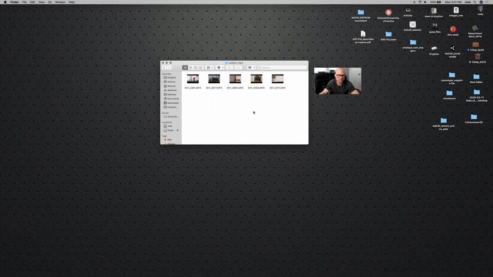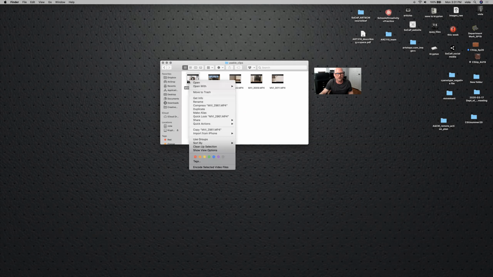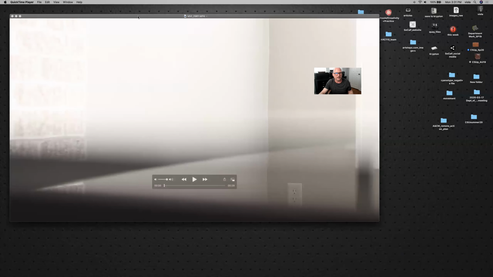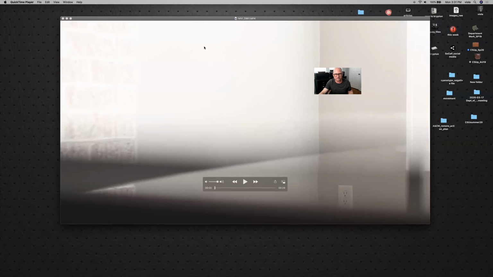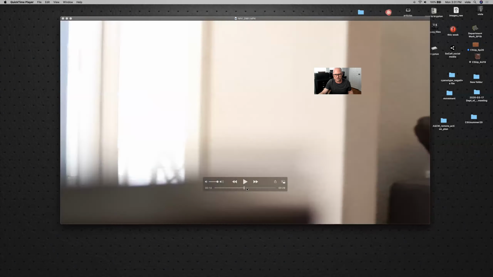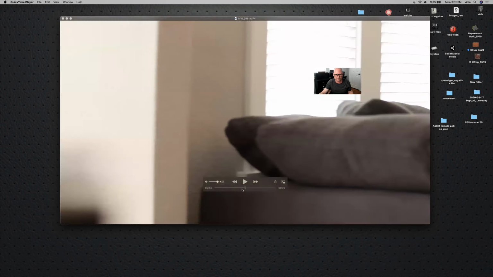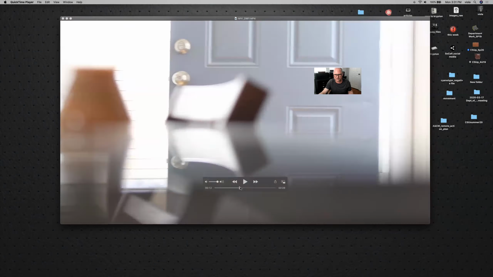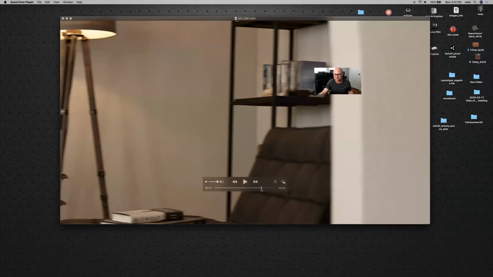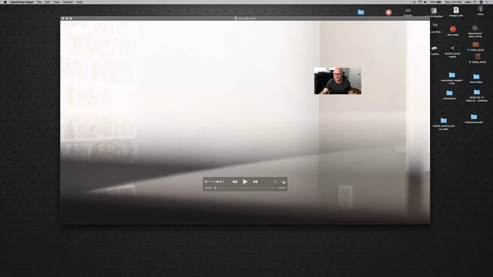So I'll open up the usable clips and I'll just choose one of these to start working on. I'll go to Control, Open with QuickTime Player. And I have the QuickTime Player then open up the footage, and you can see this is the clip that I have. Okay, so I've got this panning to the right clip